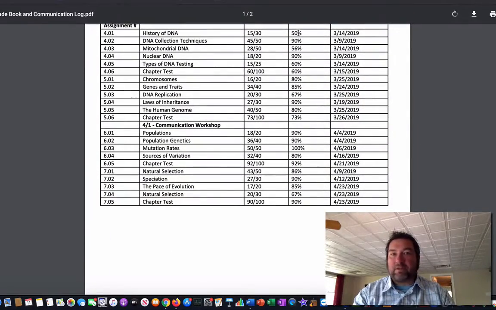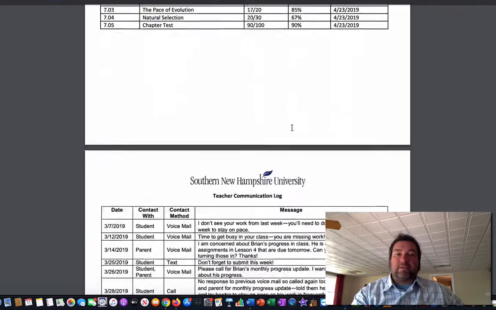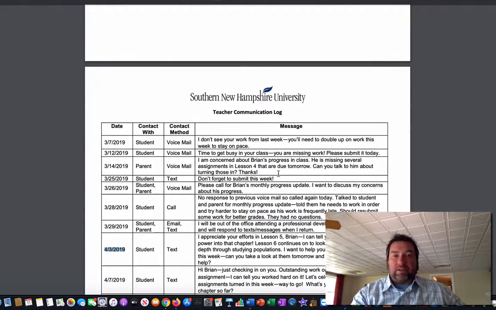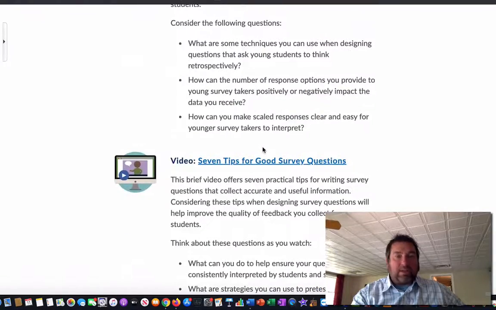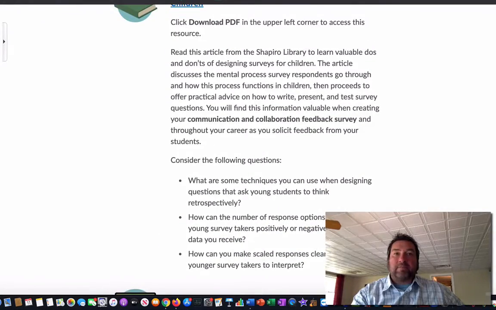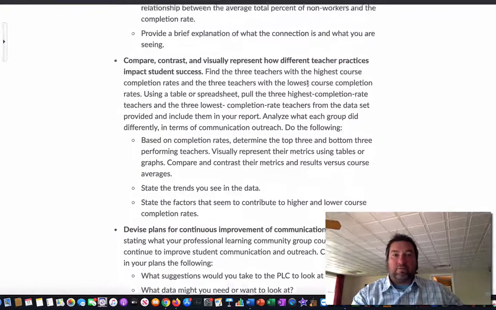You can glance at the grades real quick and see more 50s, 56, 60, 60, and so forth. And then when you get down to the next section, you can see some 90s, 100s, and the lowest grade you get to in that section is 67. So you'll want to look at that information, tie it to the communication log, tie it back to what all the research is showing in the resources that were provided when you write your submission for the first part of